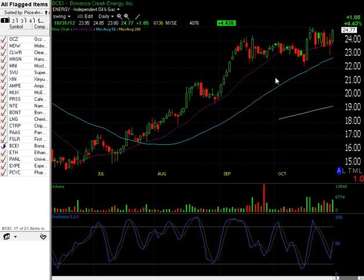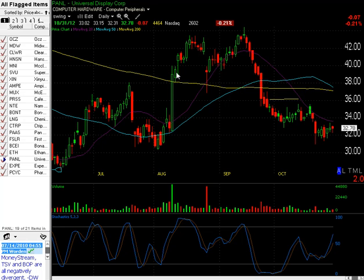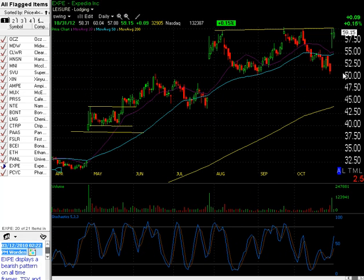BCEI, a break over 25. ETH, break over 30. Panel, we've got a bear flag here under the 20-day moving average. Expedia acting very nice. It looks like we're going to get a breakout over this 50